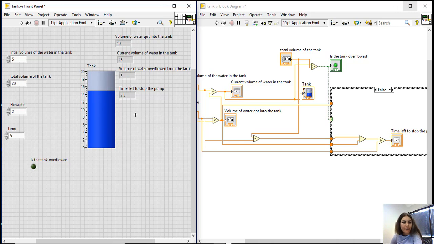So maybe when a user comes and sees this, she'll get confused, because she'll say that the LED is off, so it means that the tank is not overflowed. And here I can see that the tank is not overflowed, and here it's telling me that I have 2.5 minutes left to stop the pump to prevent tank overflow. But how come this is showing me that I have 3 liters of water overflowed? So it might be confusing. Why? Because this is showing from previous